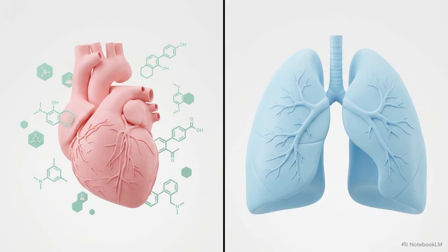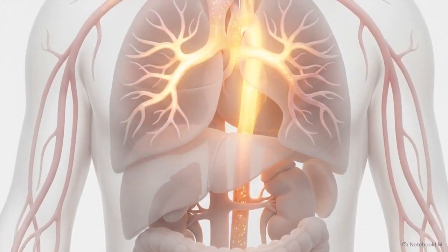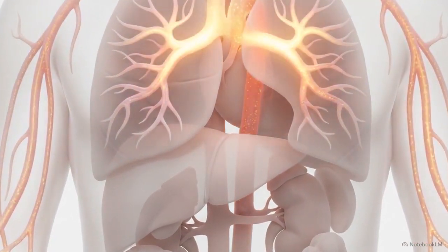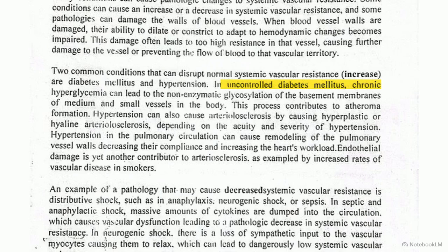While the body uses chemical signals to route blood systemically, the lungs optimize flow through the passive physical mechanics of the respiratory cycle. When these regulatory mechanisms fail, the resulting loss of control leads to hemodynamic instability and organ failure. Pathologically high resistance can be triggered by chronic conditions like uncontrolled diabetes. High blood sugar causes non-enzymatic glycosylation of the basement membranes, stiffening the vessel walls and contributing to the formation of